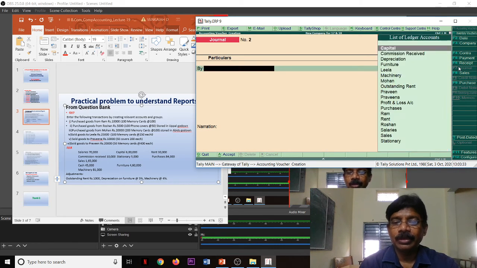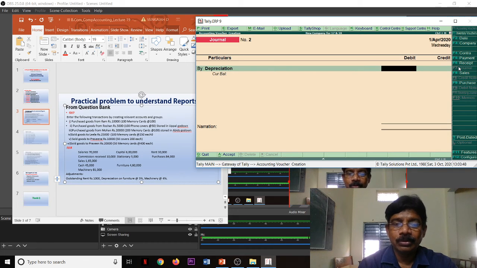Narration, outstanding rent recorded. Then depreciation on furniture and machinery. This is also a non-cash voucher. That's why non-cash transactions are passed through journal voucher.